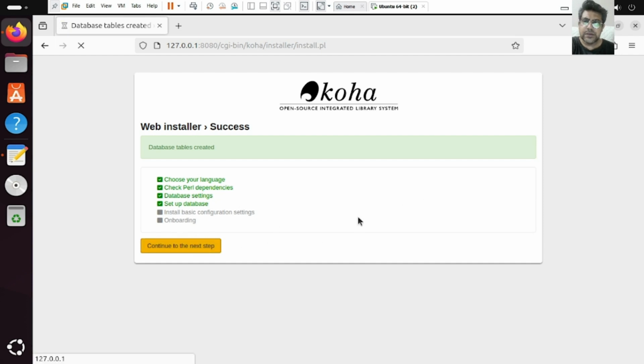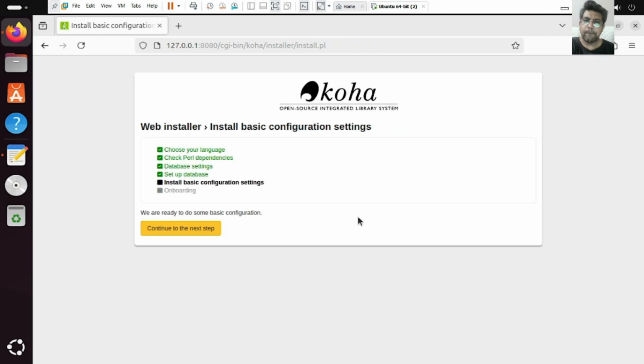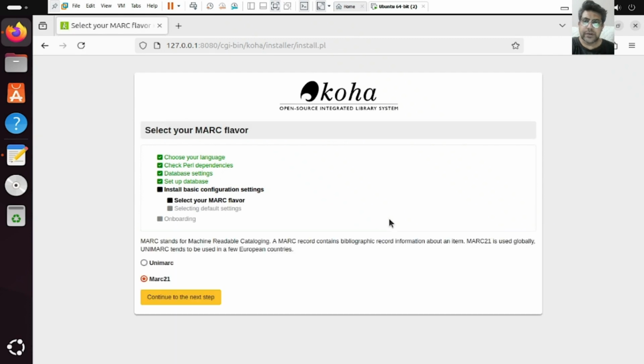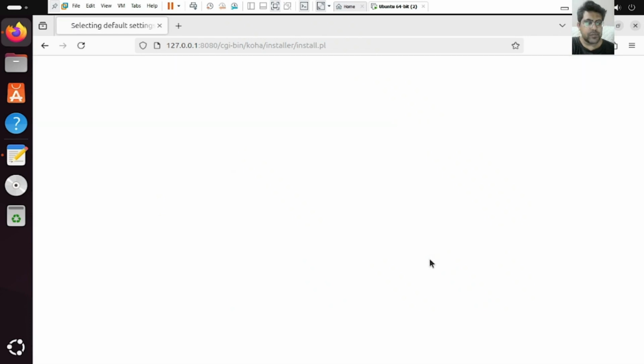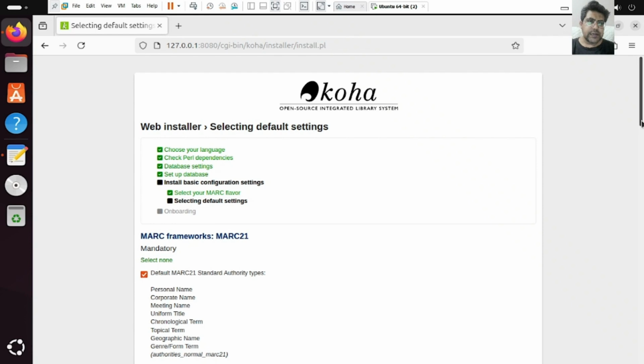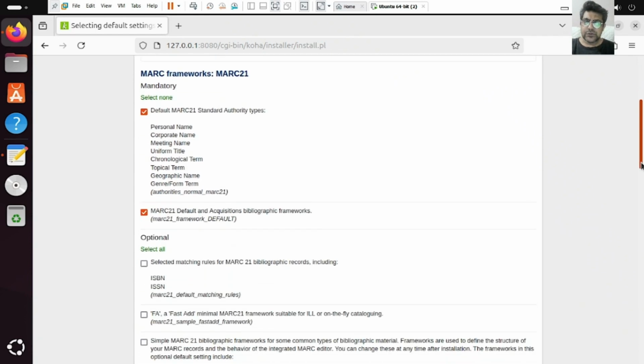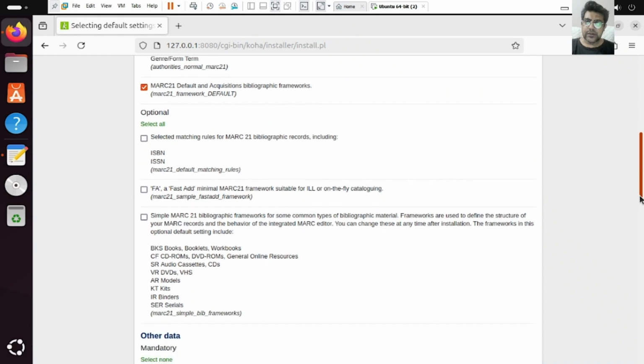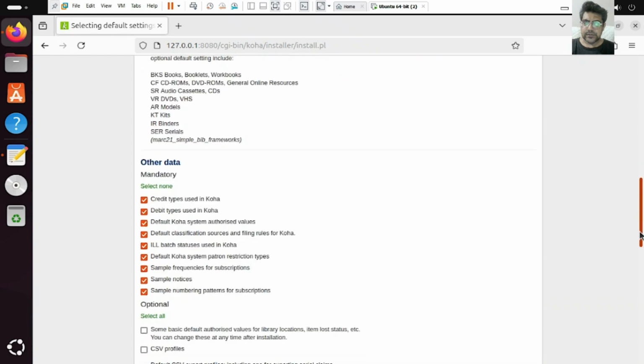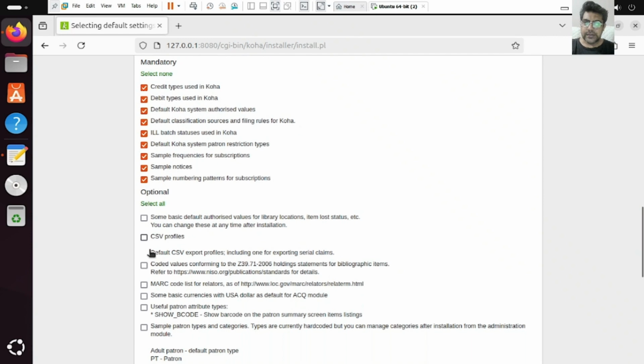And install the basic configuration settings. Let's say we are ready for some basic configuration. So we are going to select the MARC 21, and there you can select some default settings. Those are mandatory, and some optional things like patron add. You can also select the CSV profile, location, lost status,